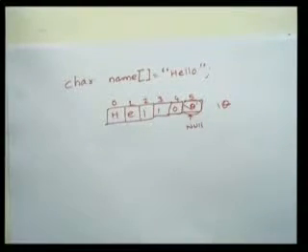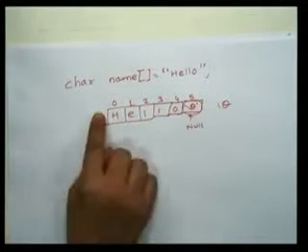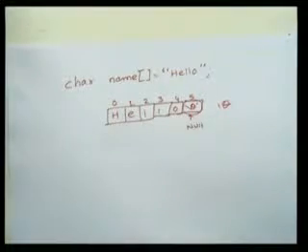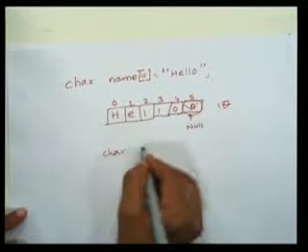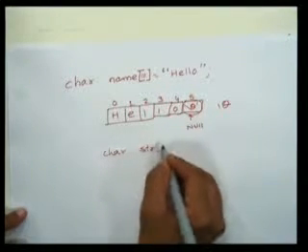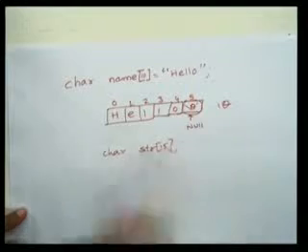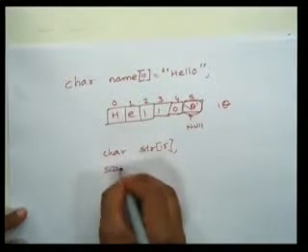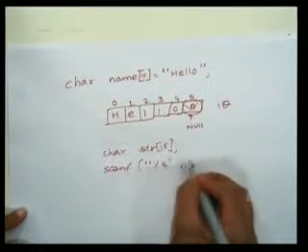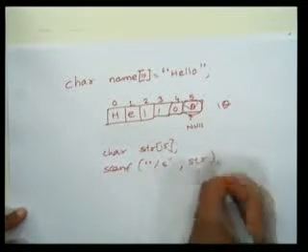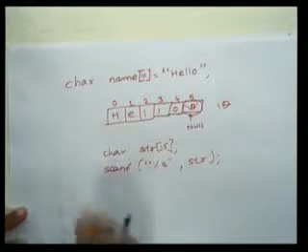String is a group of characters. It is represented as character array in C. Then you can show how to declare character array. You can also specify it with size. You can also initialize the value, or simply you can just say str and give the size and read from user. How to read value? You can take scanf and you can use %s to read the value. So you can discuss this thing.